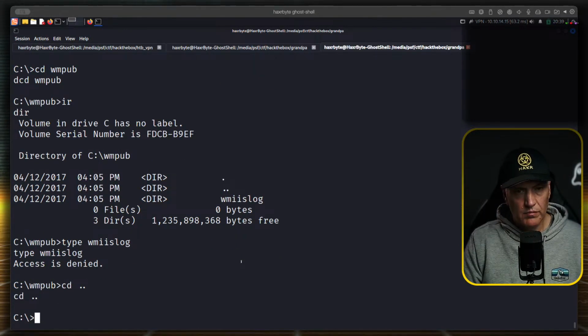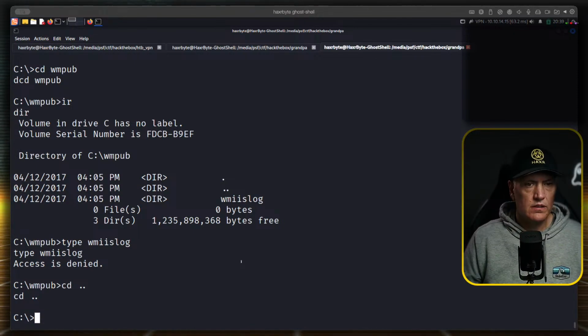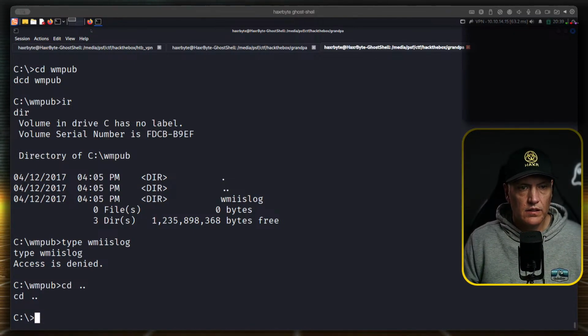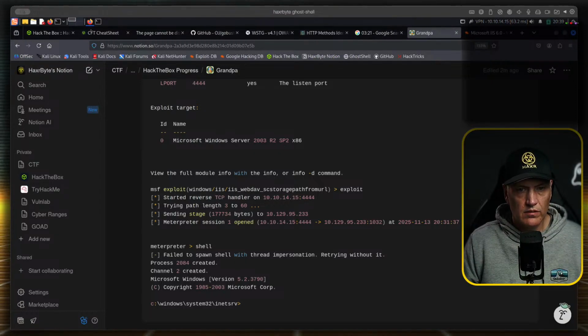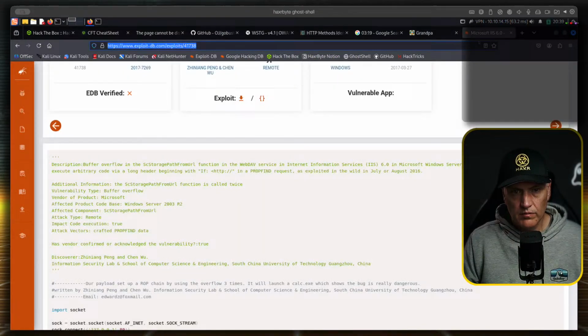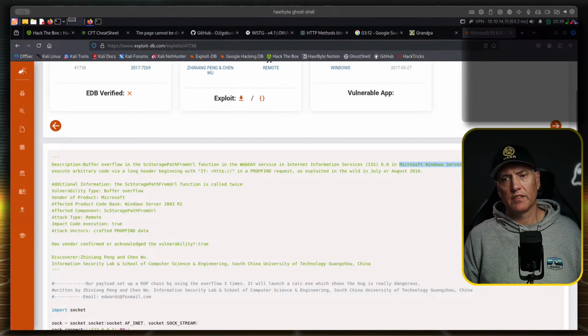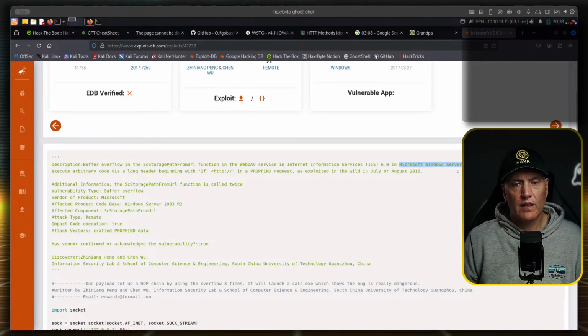So we're obviously a limited user, but this is Server 2003.